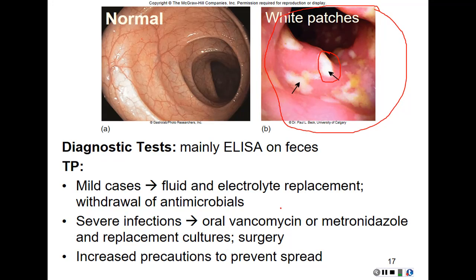Mild cases, you might just focus on fluid control, taking away the antibiotics if it's a patient that had that as normal microbiota. Severe infections, getting into the use of antibiotics. For chronic conditions, what is now more and more prevalent is replacement cultures. Fecal